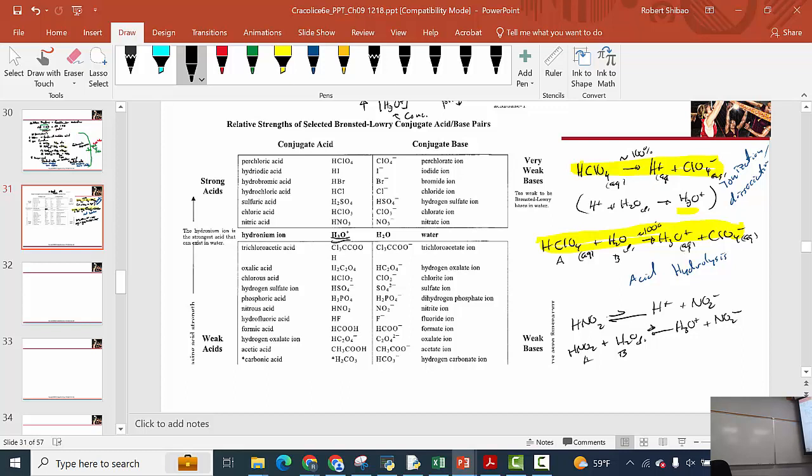And so these ones, the hill's not so big. So to go from trichloroacetic acid, this is a typo, this H should be on the end here, to go from trichloroacetic acid to hydronium, is that a big hill to climb? No. But to go from, let's say, acetic acid to hydronium, that's a much bigger hill, do you see? And therefore,